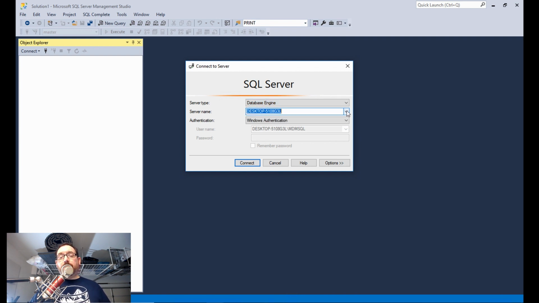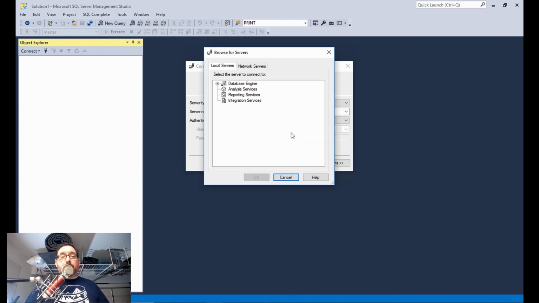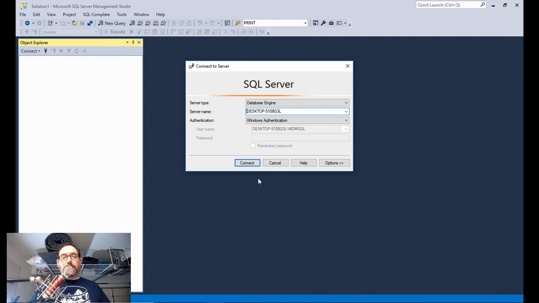If you do not see anything here, you can hit the drop down and hit browse for more. If you do not have a plus button right here, signifying that there is a SQL Server engine here, go ahead and click on network servers, and in quite a while, it will eventually find your SQL instance. So there we go. Then you can hit the plus button, click on your computer, hit OK. Authentication is going to be Windows authentication unless you know what you're doing and you already have a SQL login. So all you need to do is make sure all of that lines up, hit connect, and we are